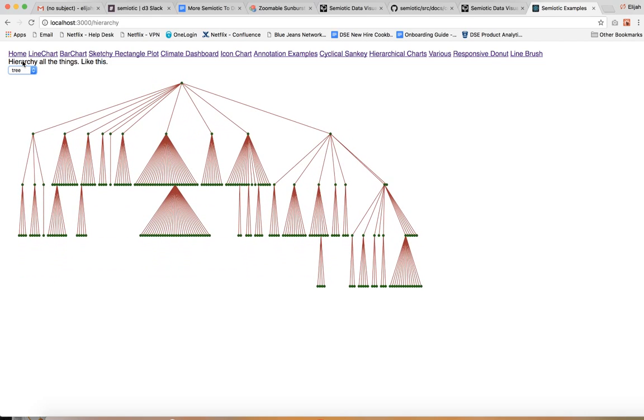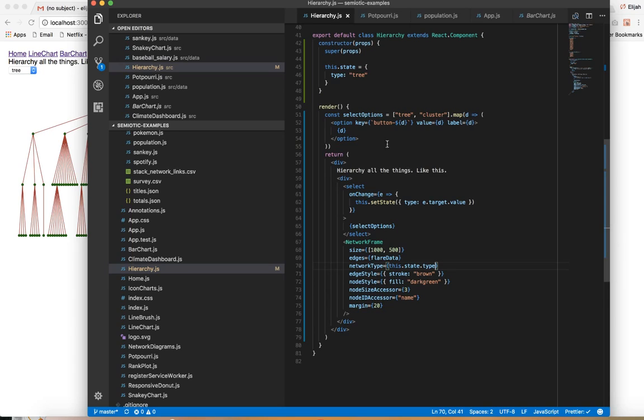Okay, that's kind of cool, and that's a hierarchical diagram. The way that network types work is the way that all of the data visualization types work throughout Semiotic. I could send a string, for instance, tree or cluster, which is great. But if I want to send more advanced options, then I send an object with type equal to that string. So now I'm sending an object of type cluster or type tree,